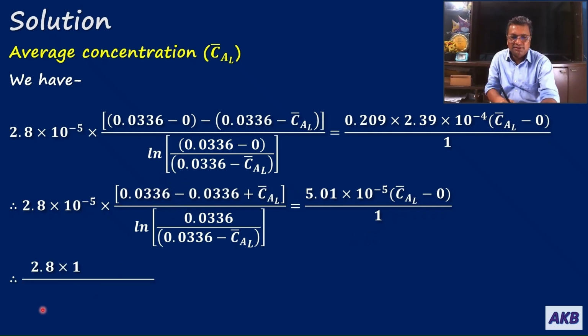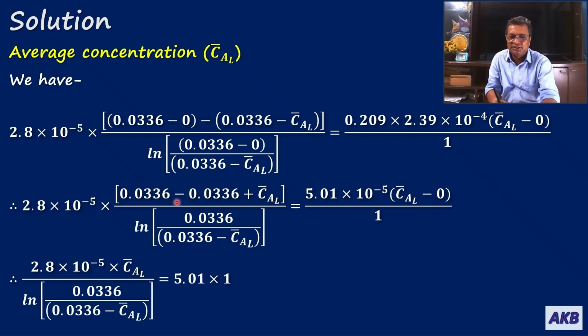So that is 2.8 into 10 to the power minus 5 into CAL bar, because 0.0336 minus 0.0336 is 0. So we are left with 2.8 into 10 to the power minus 5 into CAL bar divided by ln of 0.0336 divided by 0.0336 minus CAL bar, and that is equal to 5.01 into 10 to the power minus 5